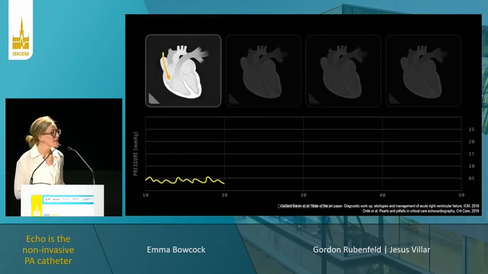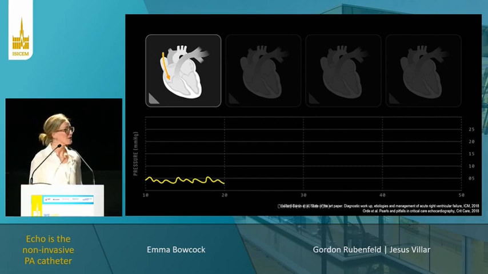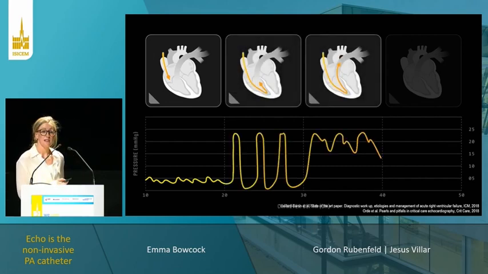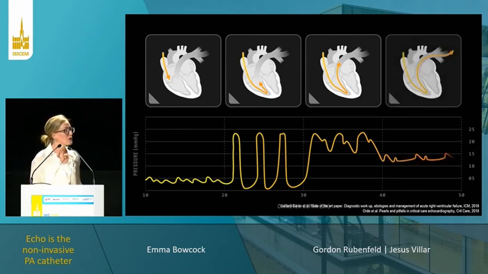Of course, with an invasive PA catheter, we can get direct measurements of right atrial pressures and pulmonary artery systolic, mean and diastolic pressures, as well as pulmonary artery occlusion pressure, and then we can derive pulmonary vascular resistance and use thermodilution to measure cardiac output. But unfortunately, in a lot of our patients with ARDS, we don't have PA catheters in. And therefore, I hope to show you in this whistle-stop tour over the next 15 minutes about the utility of echocardiography, that we can use ECHO as a non-invasive SWAN to make this journey through the transpulmonary circuit,